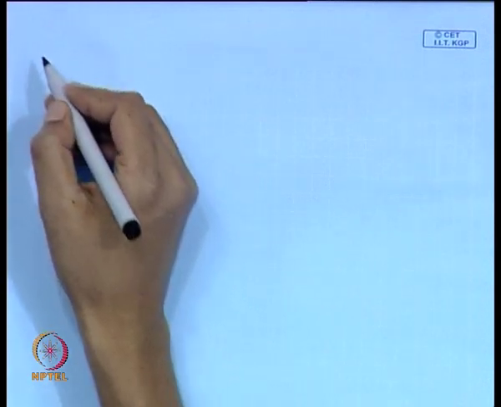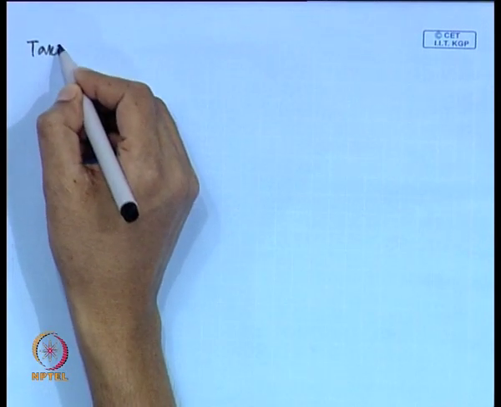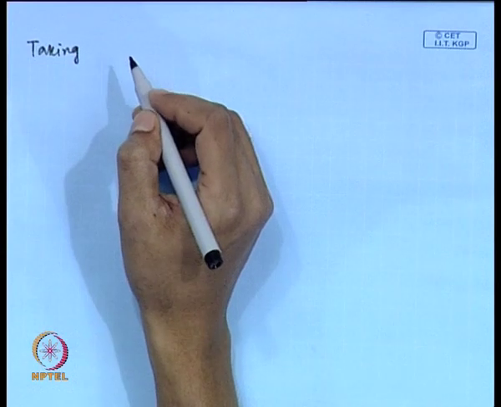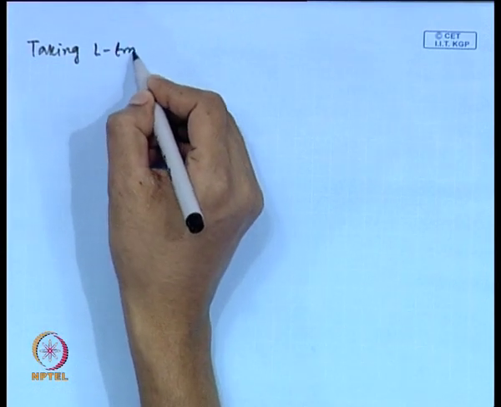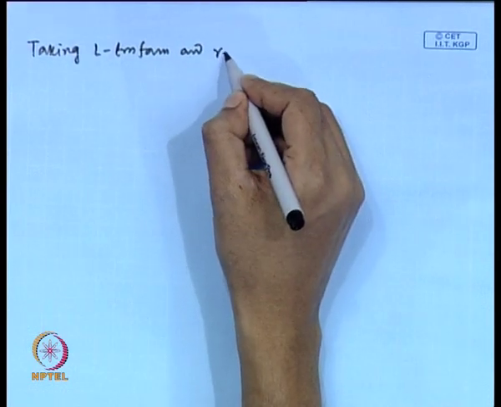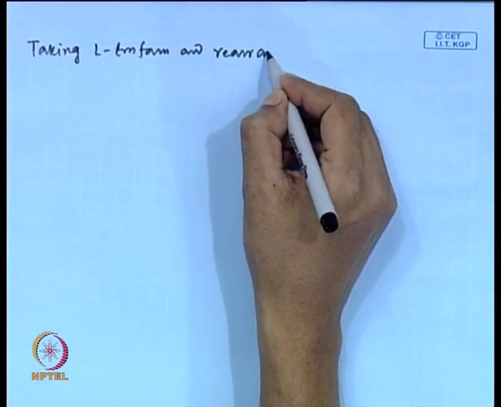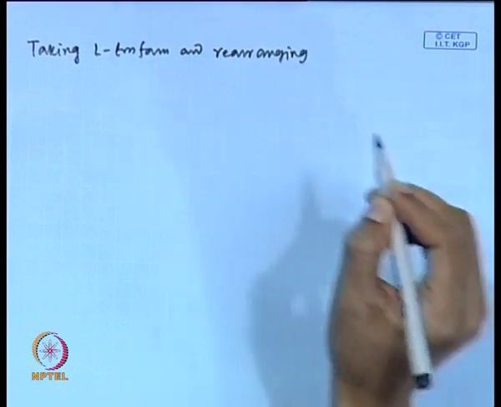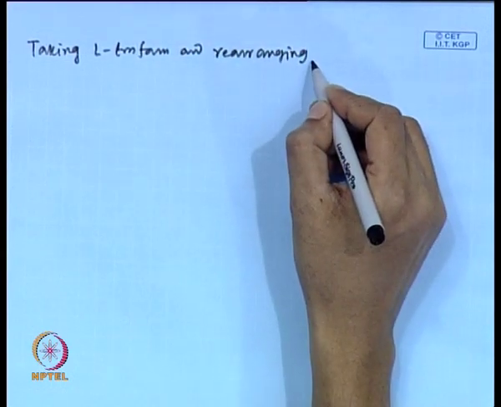Now, if we take the Laplace transform of these two equations and if we rearrange, we get finally the equations which I am writing next. I am writing the final expressions. So, taking Laplace transform and rearranging, we get